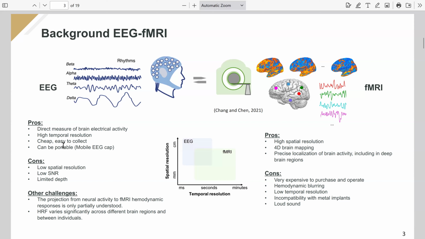Highly portable as well, of course, versus functional MRI. You need a big magnet that's super cooled and extremely expensive. Some downsides there: it is extremely expensive. People tend to not like sitting in that scanner for a long period of time, so for certain patient populations, it can be an obstacle. Certainly with children, it's an obstacle as well, having them sit in the scanner and be very still, versus putting on an EEG cap where you still want them to be still, but it's not as much of a problem.